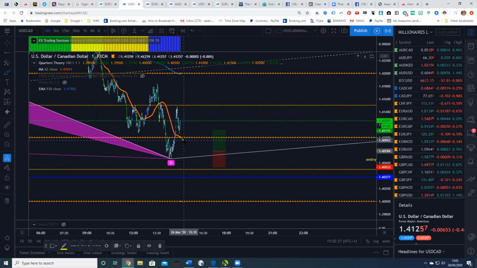I want to see that 62 come down here and start to turn, and price to be following that. So I want to see that 62 turn before I take this trade. So my entry would be